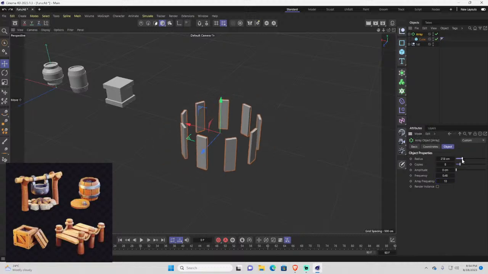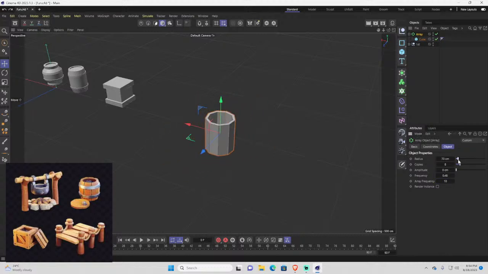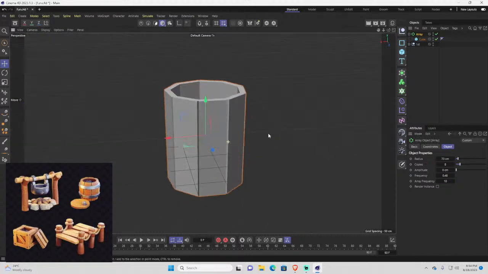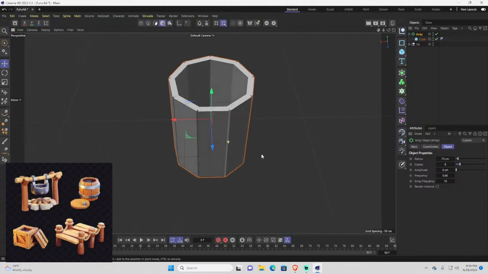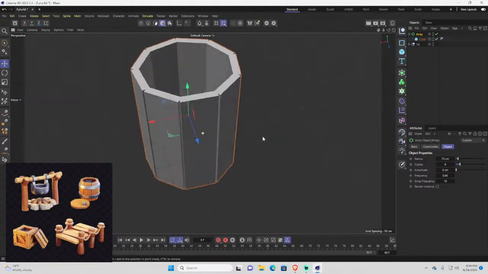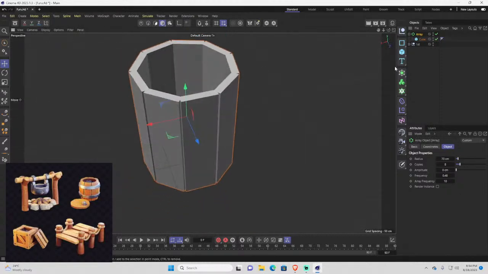And the radius, guys. So, okay, let's make this radius like this. See, why I use the array, because I want to give it a feel that it is a different object. So what array does is that